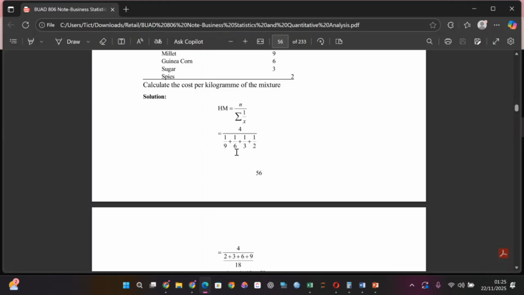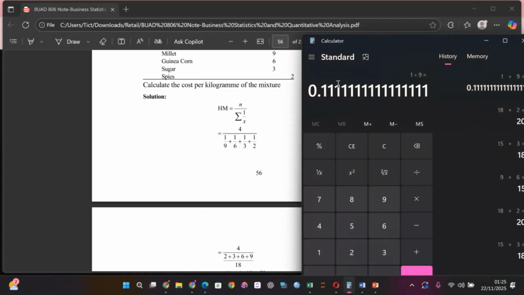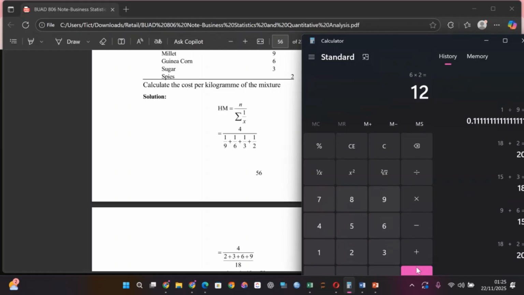For instance, if I multiply 9 by 2, let me show you what it means. What do you get? 18. You get 18, right? So if I multiply 6 by 2, I get 12. Then if I do 6 by 3,